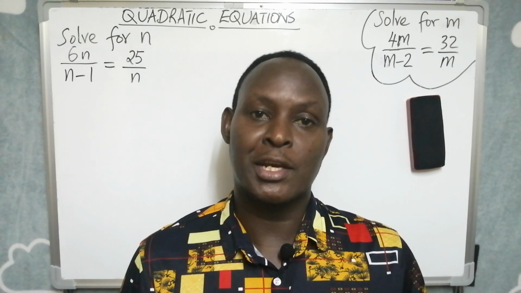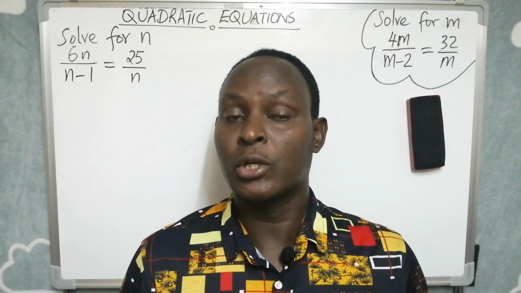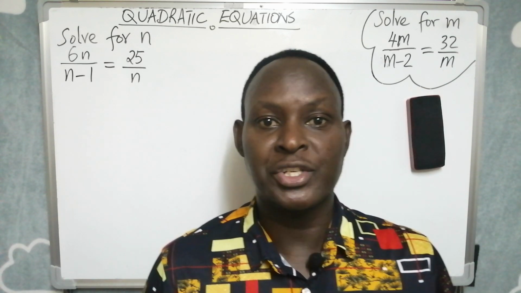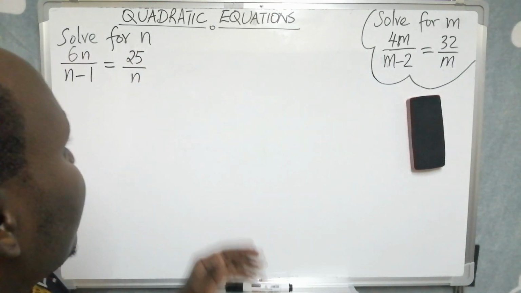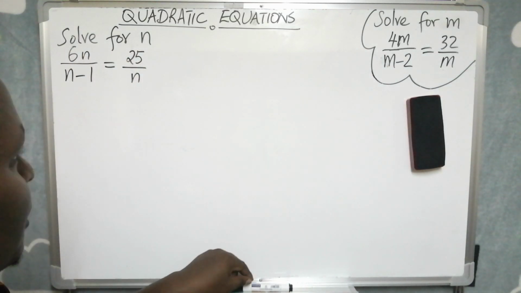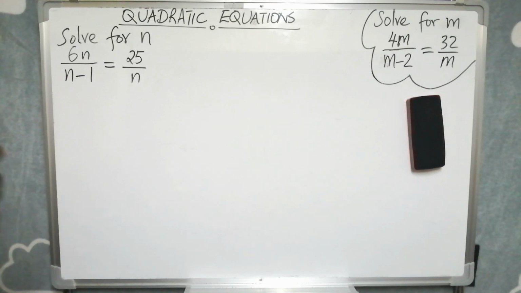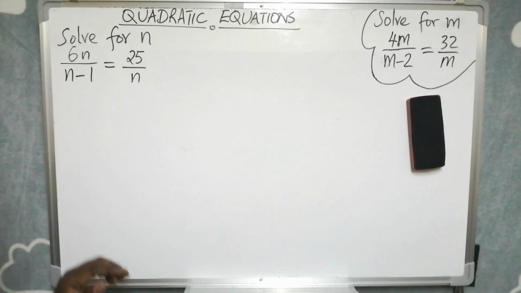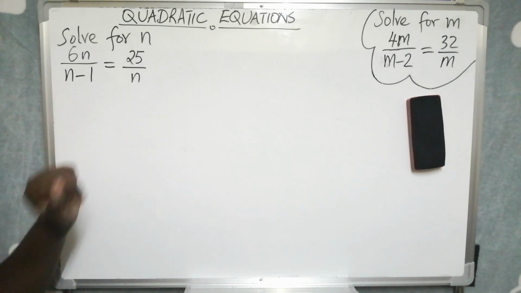By the end of this session, we should be able to solve quadratic equations by factorization. To achieve our objective, we have this simple question here to solve. To solve for n, we need to multiply both sides of this equation by the LCM of n and n